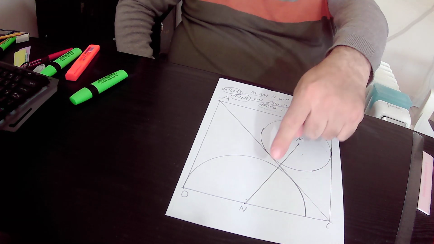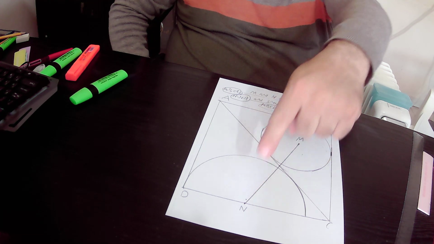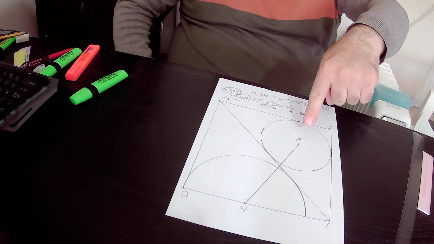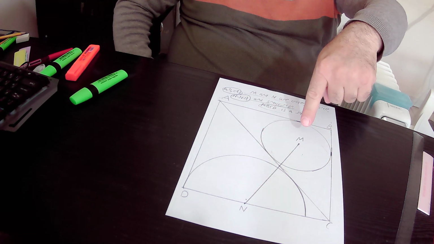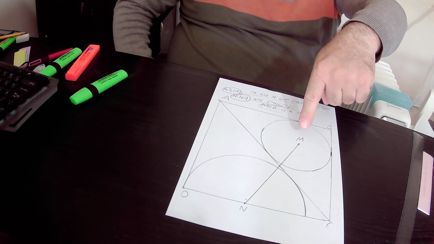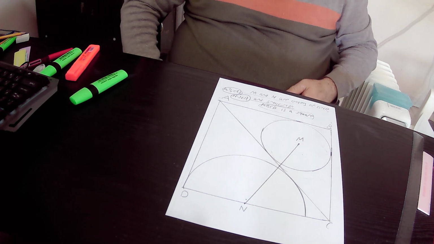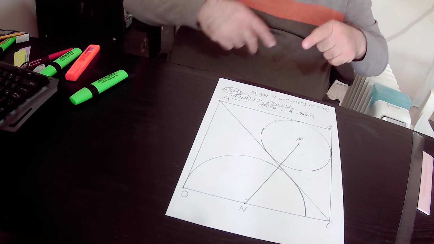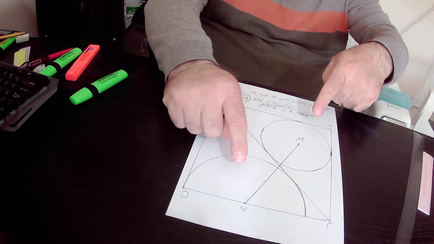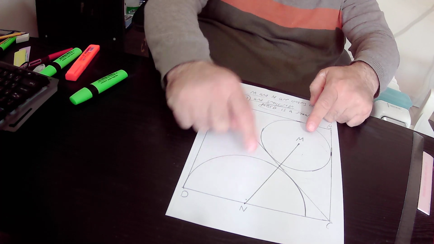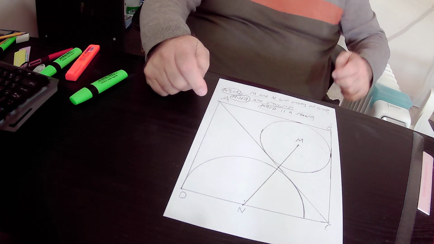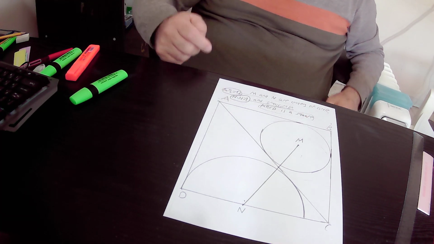The center of the semicircle is at point N. The center of this circle is at point M, and we want to find out the distance between the two centers, that is to say the length of MN. Okay, so first of all